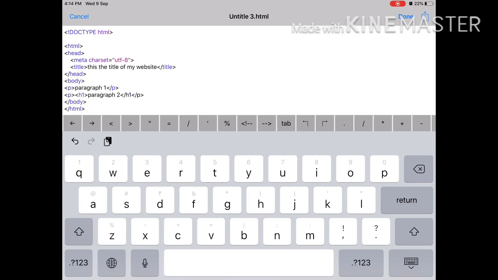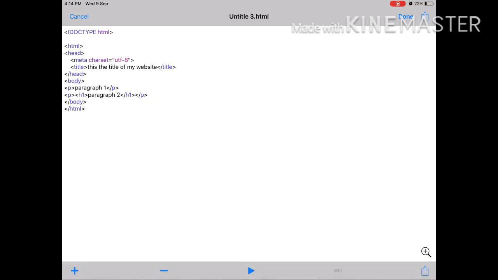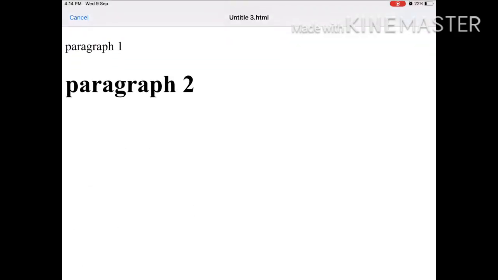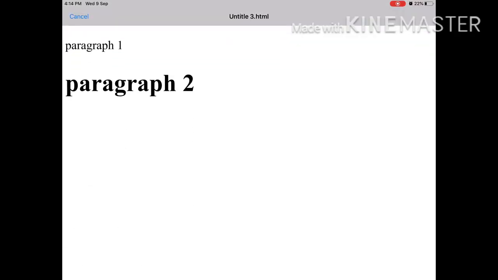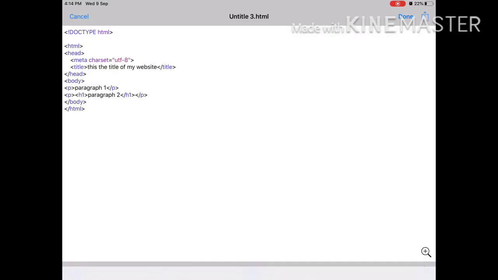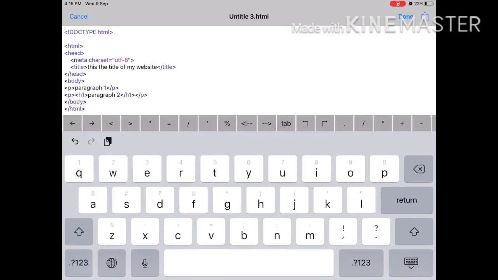So now you can see that paragraph 2 will be a heading and paragraph 1 will be normal text. Now if I do the same thing on paragraph 1 but as H2, look what will happen.